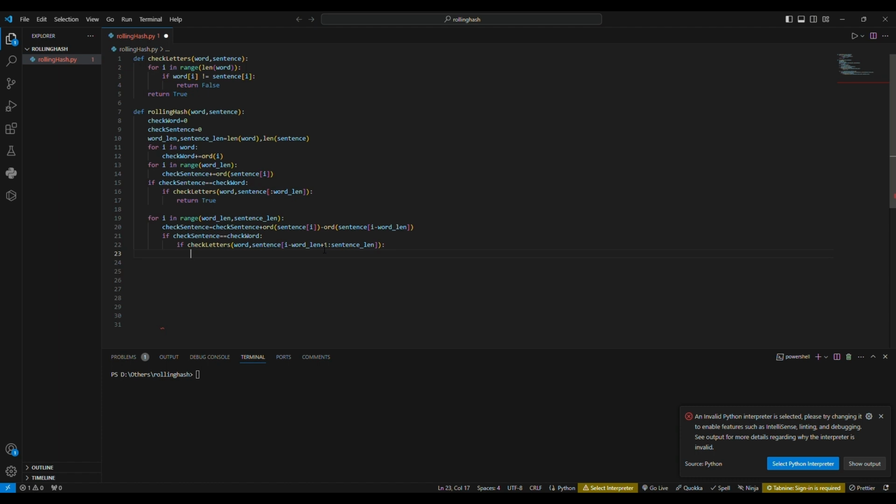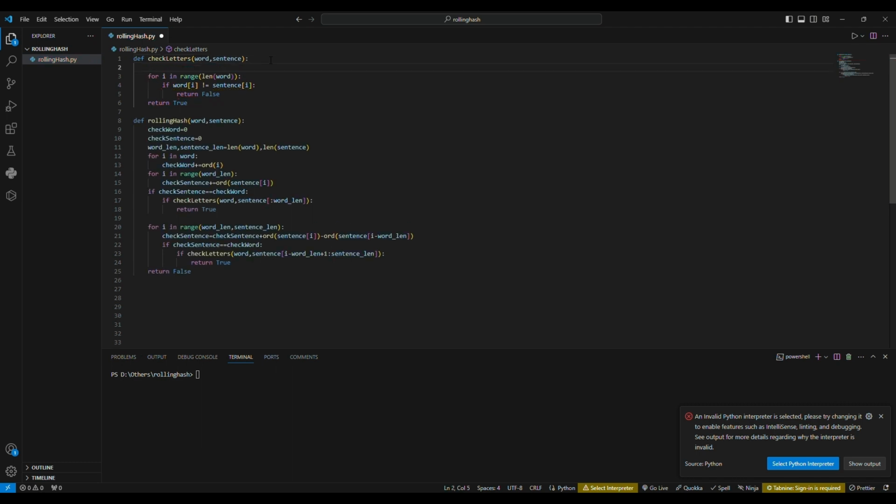And then if it is true, then return true. And this is basically the entire algorithm. And over here, what I'm doing is, consider if I have hello, and the given word is